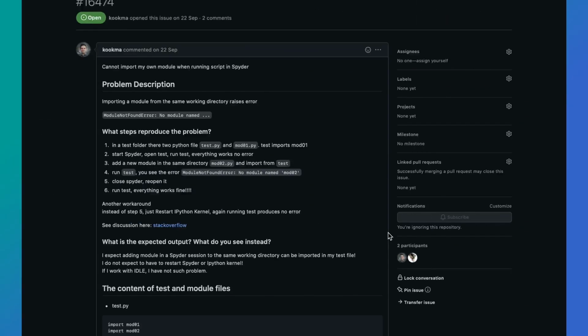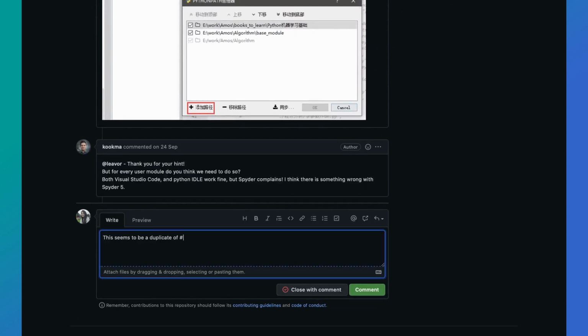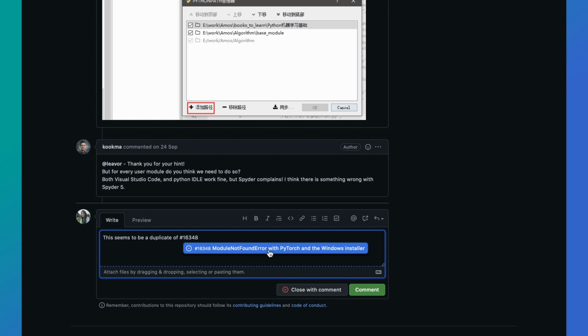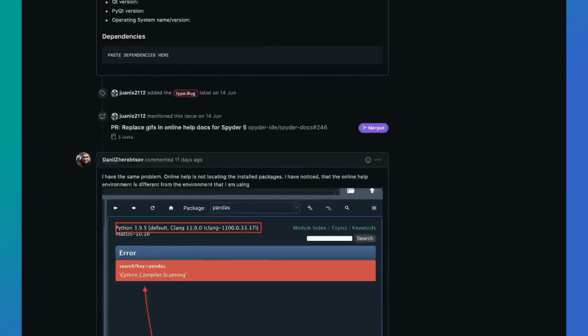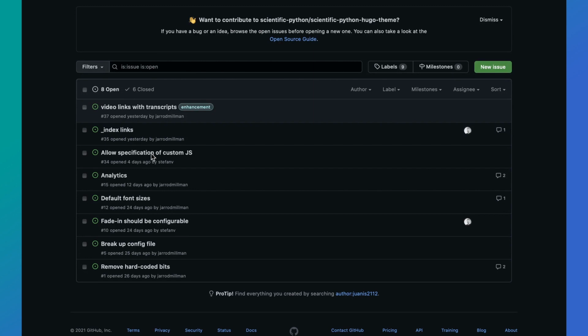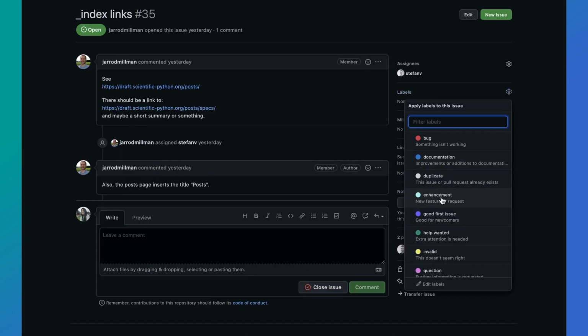You can find duplicate issues and link related ones, since usually the same problems are reported multiple times. You can add self-contained code snippets that reproduce issues, thereby helping developers to find the problem and test solutions. You can label issues by adding appropriate tags. This usually requires triage rights, but you can just ask for them.